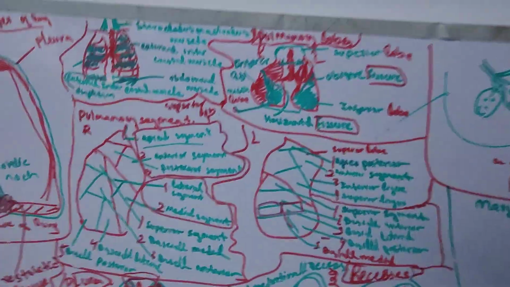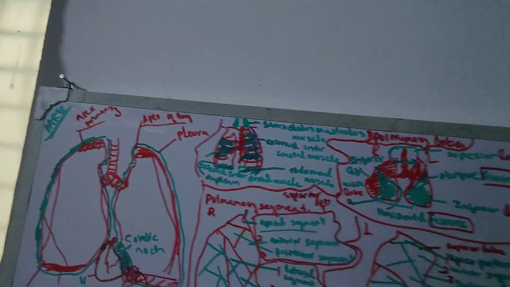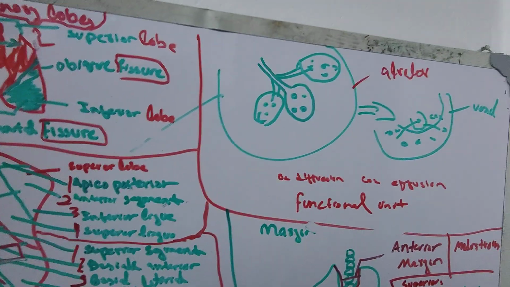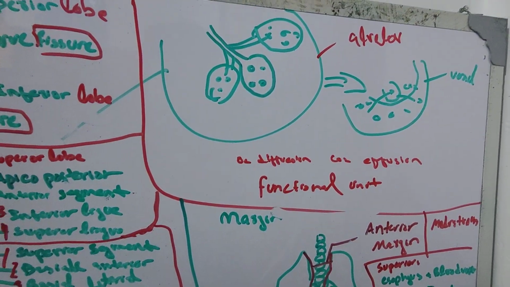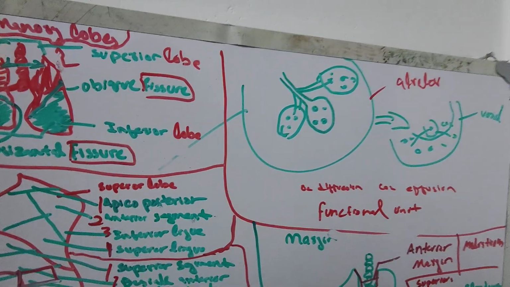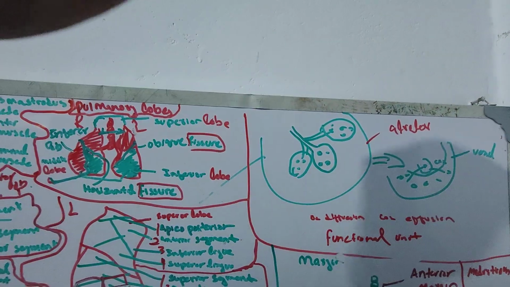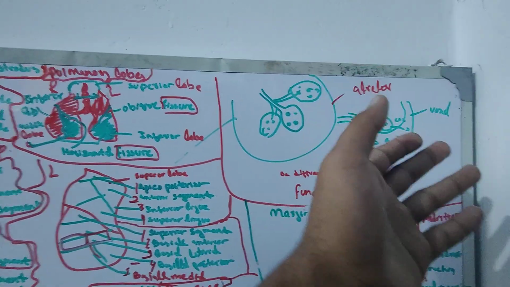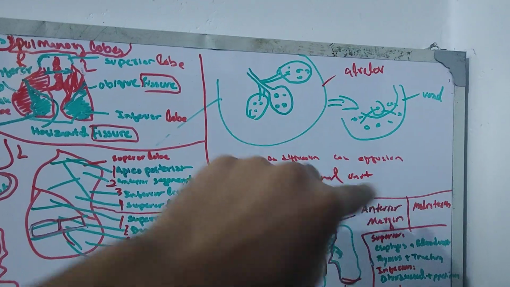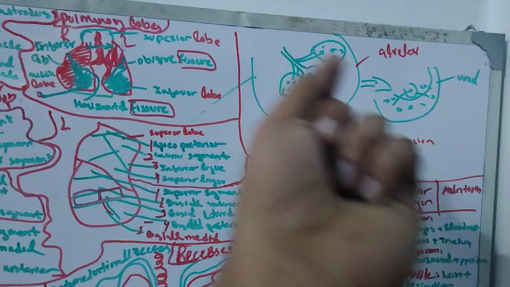So let's move on. Now we see the functional units. That's a functional part. Now let's go to the functional unit. What's a functional unit? The functional unit is the alveoli. After the bronchi, when we go to the microscopic level of the lungs, we have alveoli, which are surrounded by the blood vessels, blood capillaries,